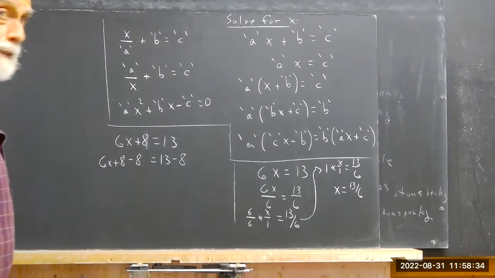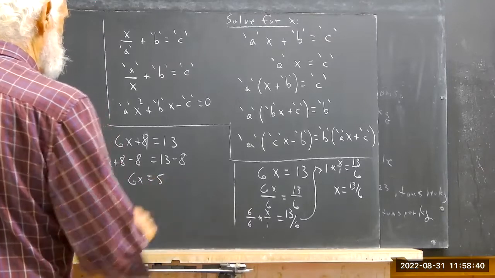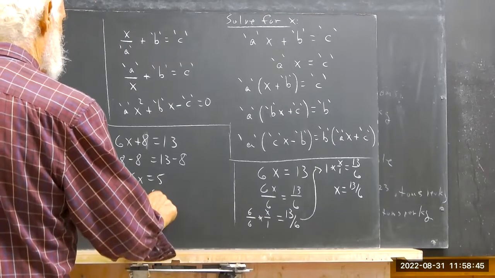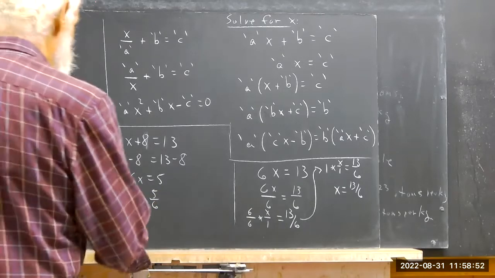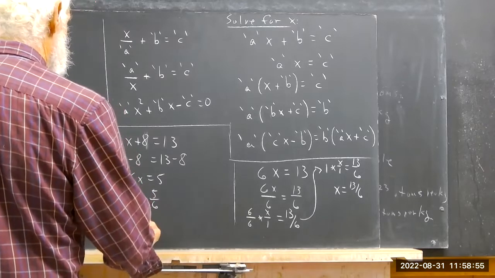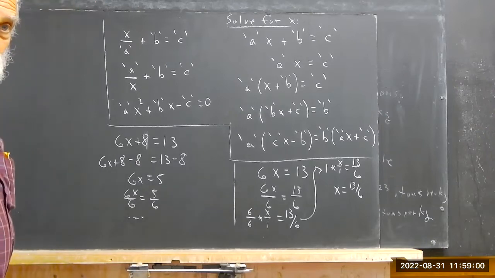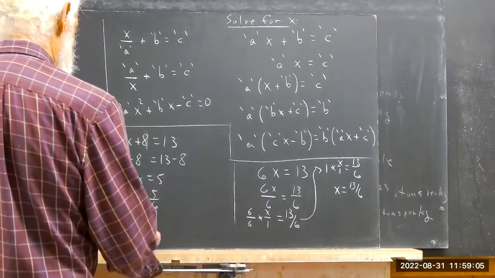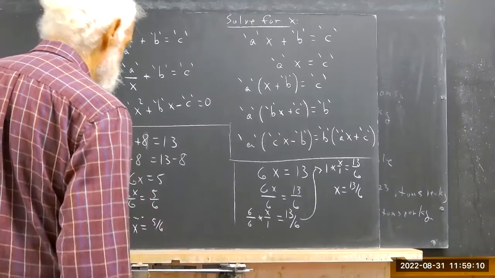So 8 minus 8, obviously 0. That gives you 6x equals 5. 6x over 6 equals 5 over 6. Now we got that 6x over 6 thing, so I'm just going to put 3 dots there. There's a step that you really probably ought to include until you're really comfortable with it. Takes a little time to write that out. It's not bad. Anyhow, this tells us that x is 5 over 6.